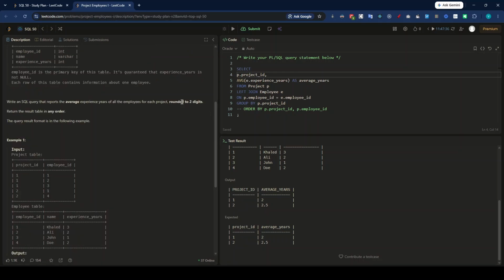What we need to do is round it to 2 digits, that is this average years. So we have applied the average function, and it is calculating the required average. What we can do is pass the complete average expression to the round function, since they have asked us to give 2 decimal places. Okay, rounded to 2 decimal places. So now if I run this query,